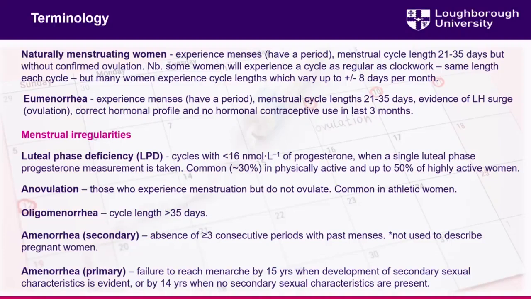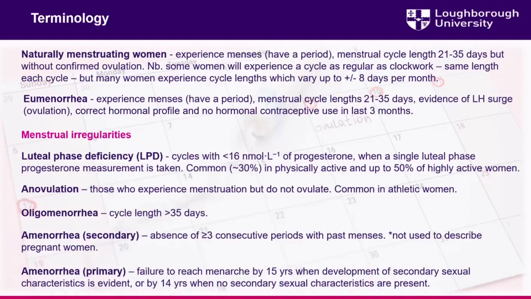women. But what I'll talk about in a second is that menstrual irregularities are pretty common in women, particularly in exercising women and women who may have energy deficiency. So it may not be possible to attain eumenorrhea in the women that we're testing in our studies, particularly in physiology and nutrition when looking at performance.